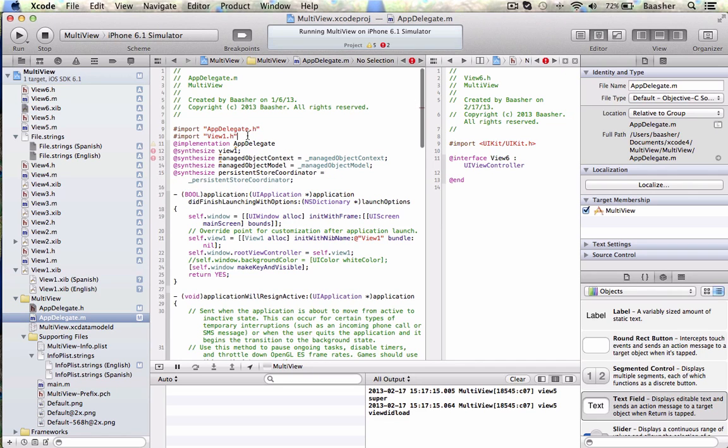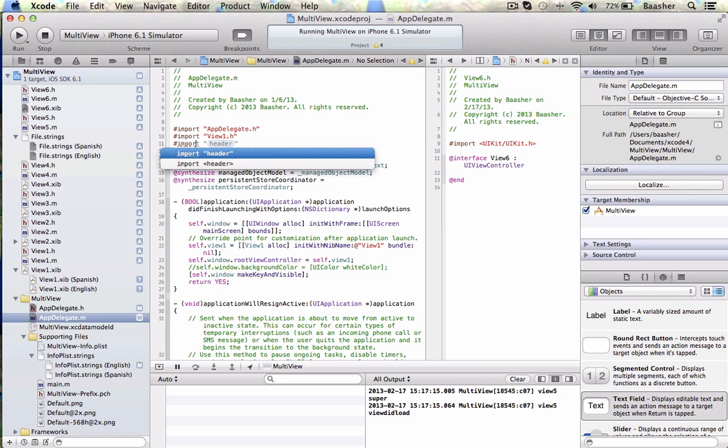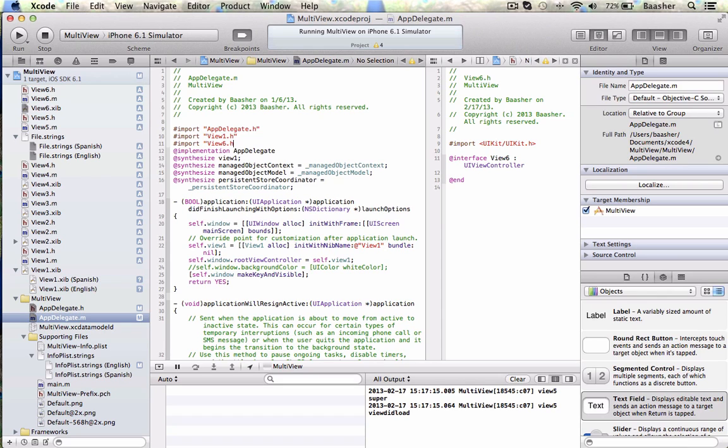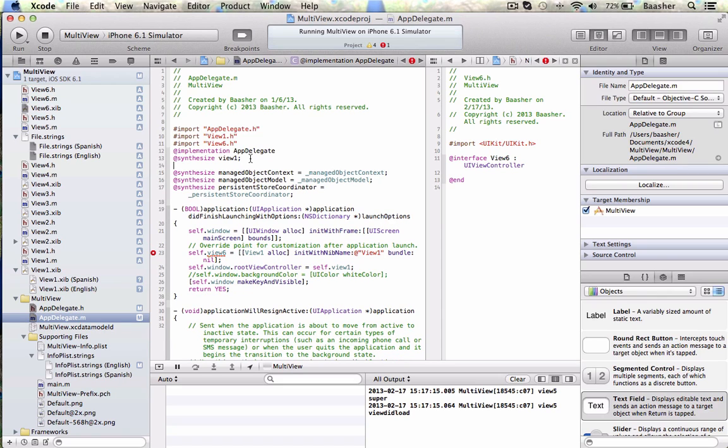And then right here, import view 6, and I think I'm going to change this to view 6. Yeah, no need for that. Also synthesize view 6. Now I should be able to say